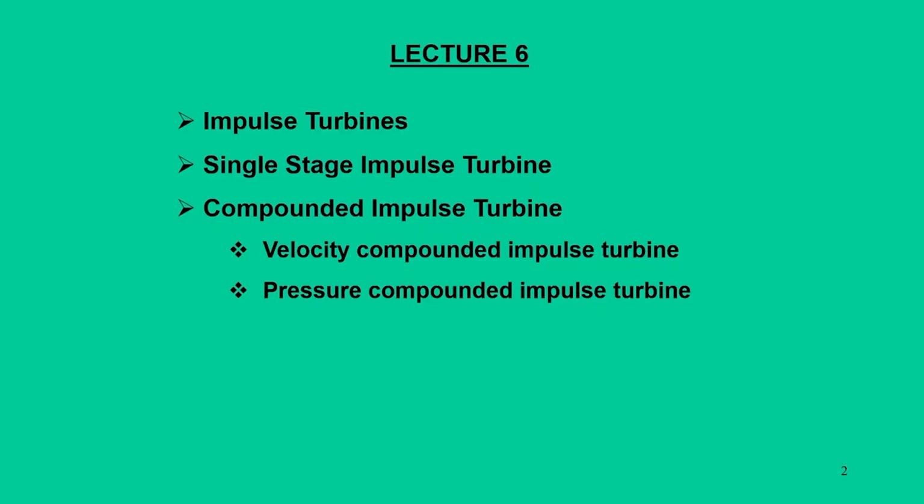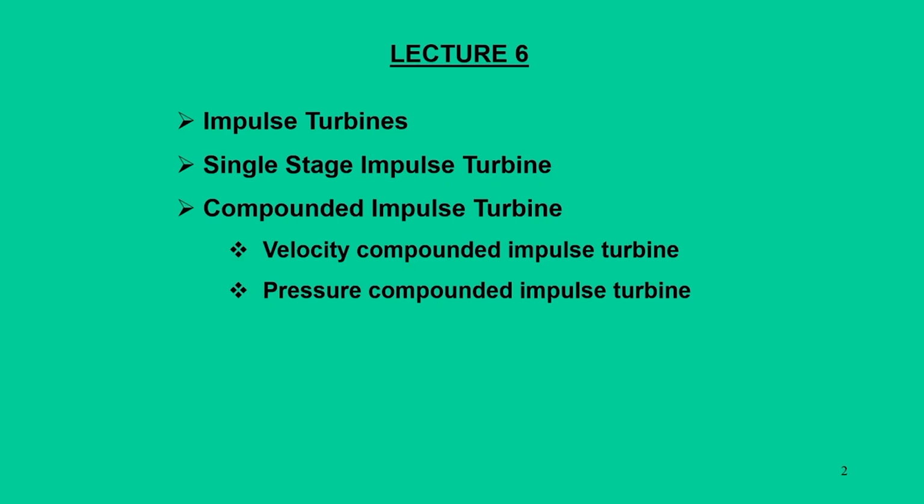We are in the MOOCs course Power Plant System Engineering, Module 2, and the title of this module is Vapor Power System Part 2. And we are in lecture number 6, in which we are going to discuss the following topics. First one is impulse turbines, and in fact prior to this lecture we have given elaborate discussions on